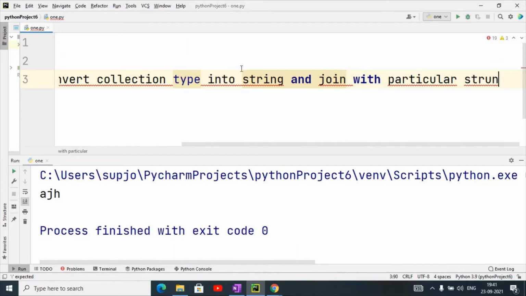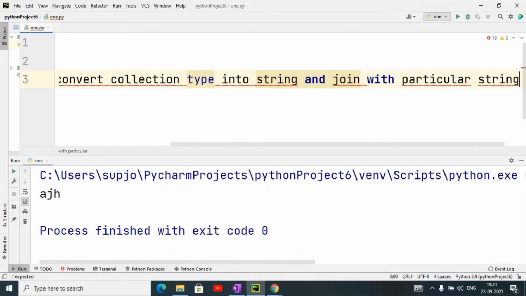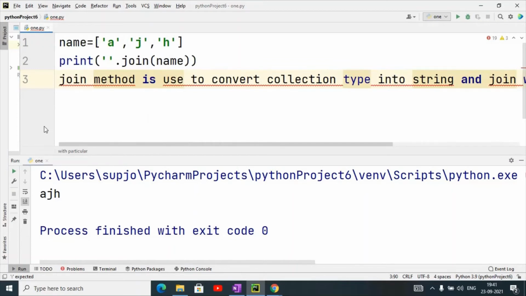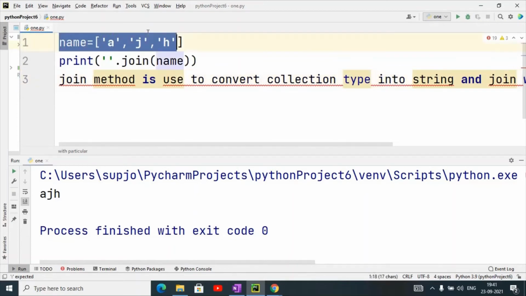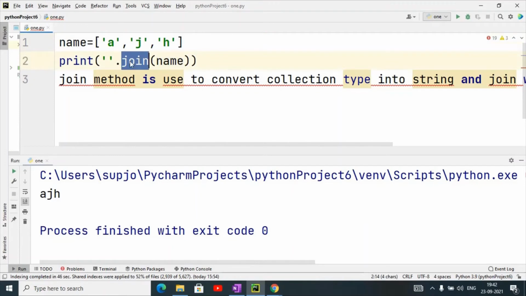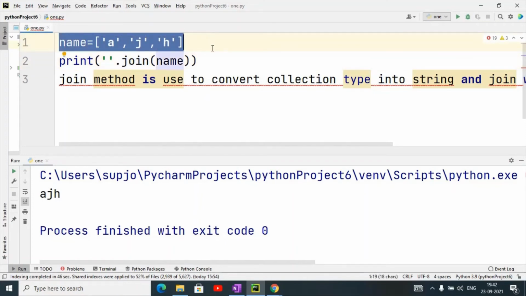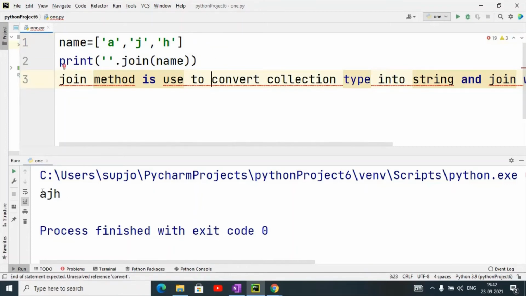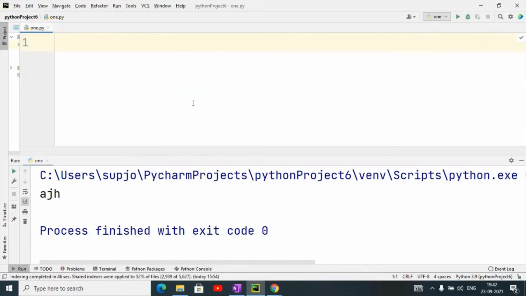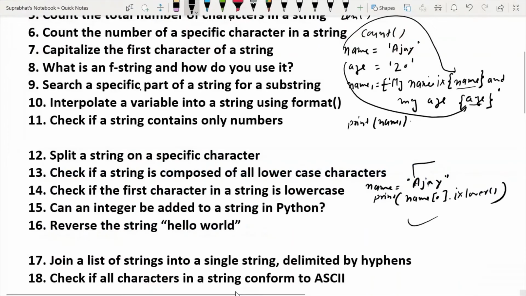For example, here I have taken this list, and I have joined this list with this empty string, and now this list becomes a string. This is the final output. Understand or not? Any confusion? Then please ask. No, sir. Okay.